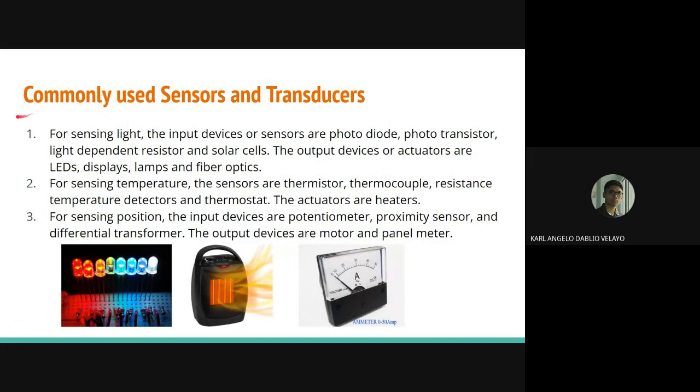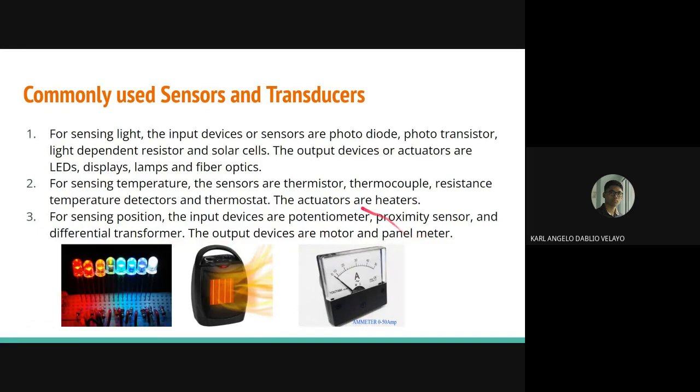Now we discuss commonly used sensors and transducers today. First, for sensing light, the input devices or sensors are photodiode, phototransistor, light-dependent resistor, and solar cells. The output devices or actuators are LEDs, displays, lamps, and fiber optics. For sensing temperature, we have sensors such as thermistor, thermocouple, resistance temperature detectors, and thermostat, while the actuators are heaters. For sensing position, we have the input devices, which are potentiometer, proximity sensor, and differential transformer, while the output devices are